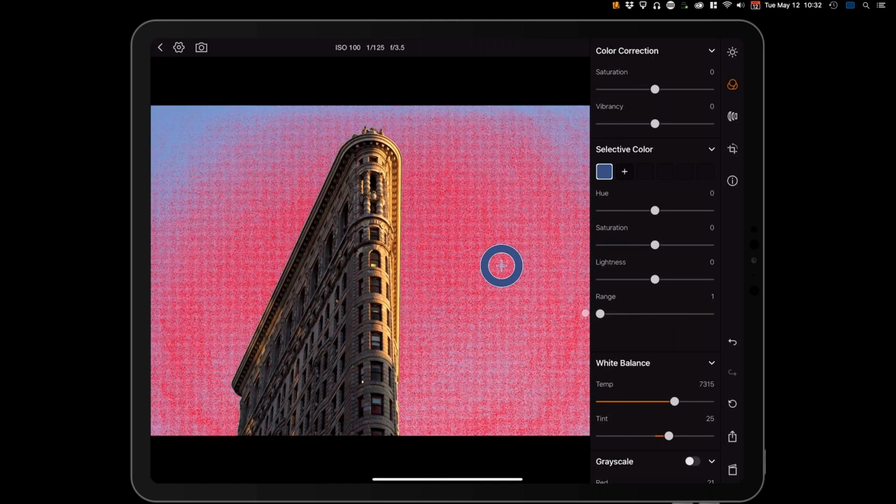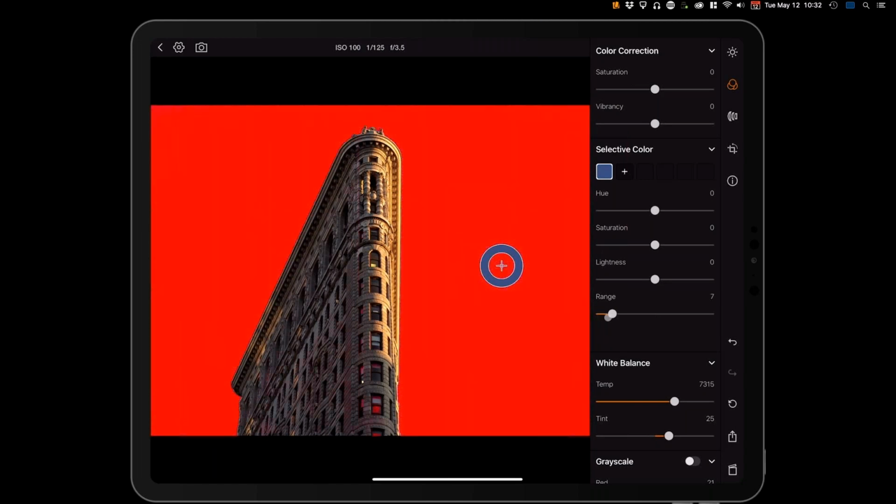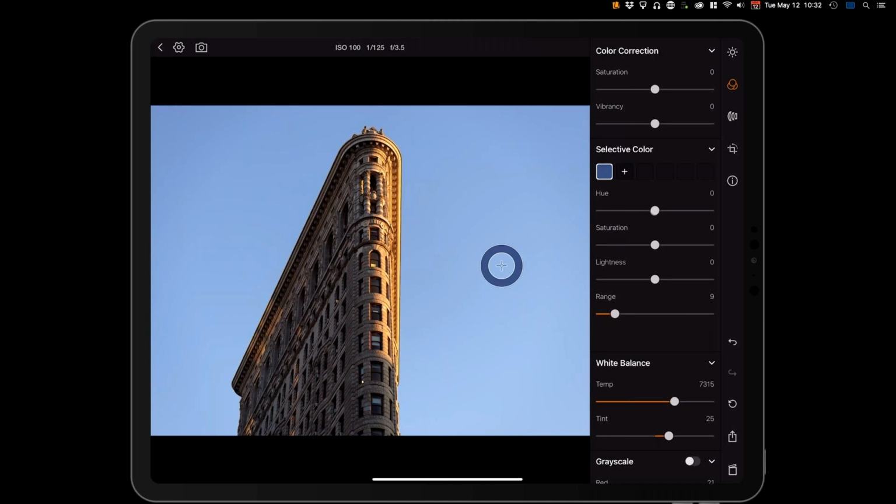So if I bring it all the way to the bottom, not really an optimal selection, but I'll bring it up until the sky is being selected, but not over the top to where it's contaminating in parts of the building. So it's not a bad choice there. And then from here, I can just do some simple HSL adjustments for hue, saturation, and lightness if I wanted to just accentuate the sky a little bit there.